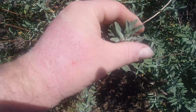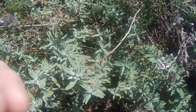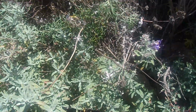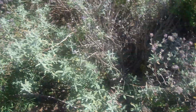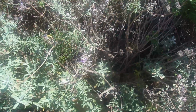So the hairs on the leaves give it the grayish color, which partially shade the leaves. The hairs partially shade the leaves and give it a color to reflect the sun, so there's less desiccation. Now eventually these shrubs do often have a bit of a dormancy period during the driest parts of the year. This area where I'm showing this video is actually fairly well irrigated here, so that's why we